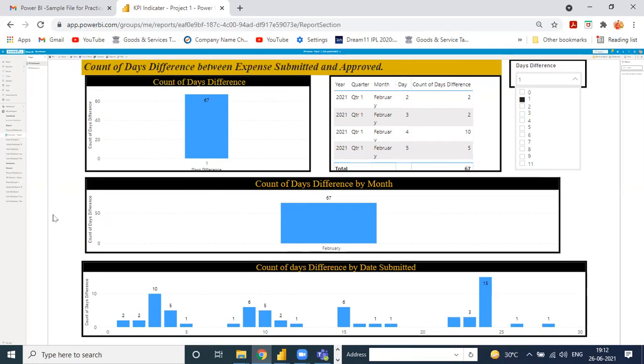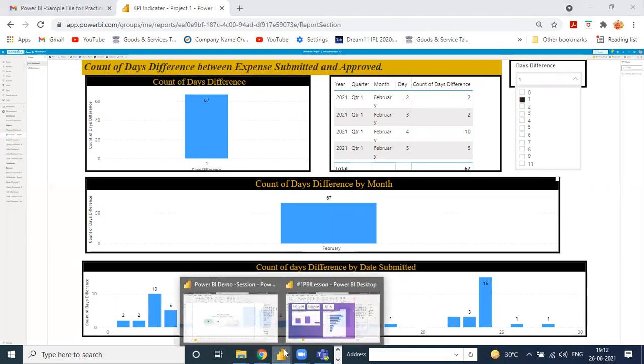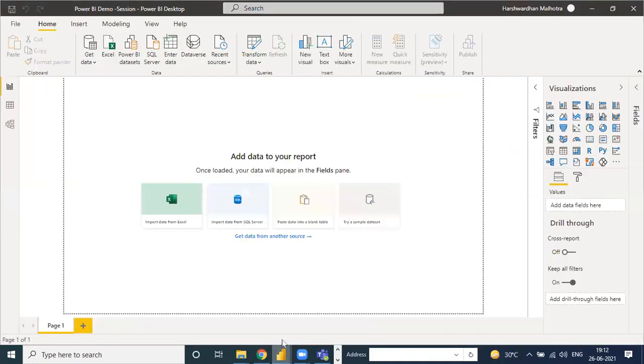Suppose you have some credit card transaction. In the credit card the transaction date is 26 June, but you created the expense on 25 June. Then how do we create this kind of step? We publish the report into the Power BI service, and then it's automatically transferred to your web page. And here is the option of publish, how to share your report. These are the steps we use.